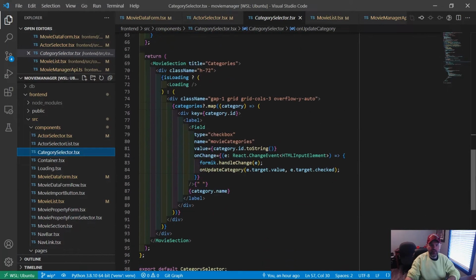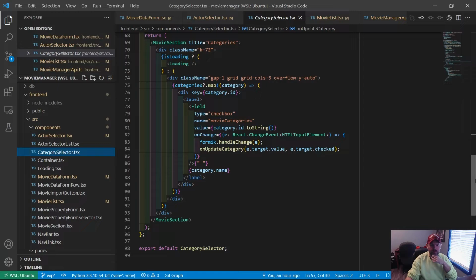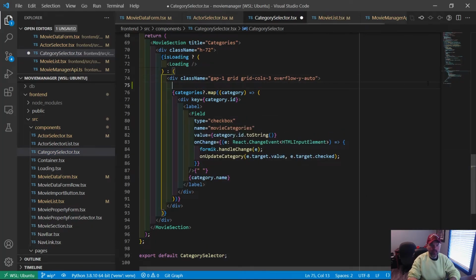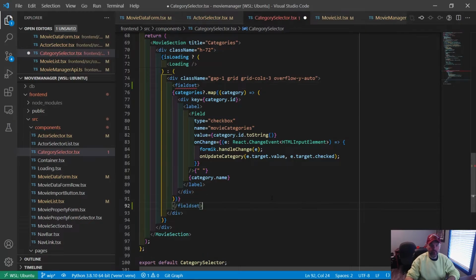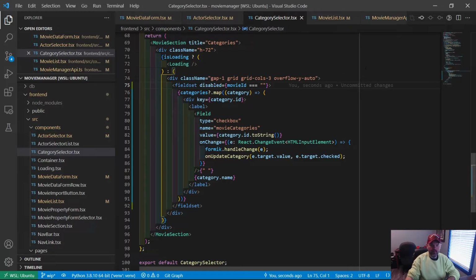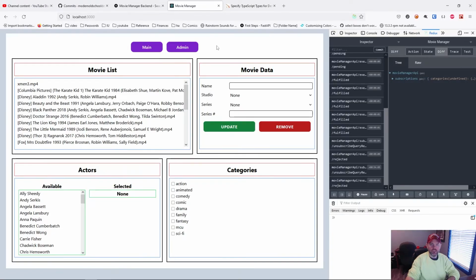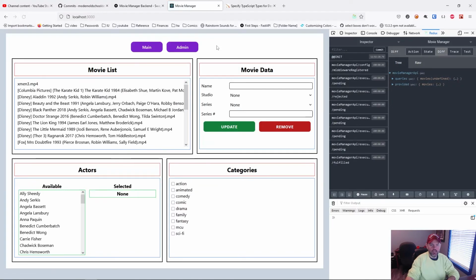And what do we have in there? So here is our fields, and we're mapping our categories here. I think we should use a field set for this. So why don't we say field set, and we'll put the other one on the other side of this map right here. And then again, I'll put in disabled equals movie ID equals blank. And let's see if that looks good. So now if I go over here and I hit refresh,